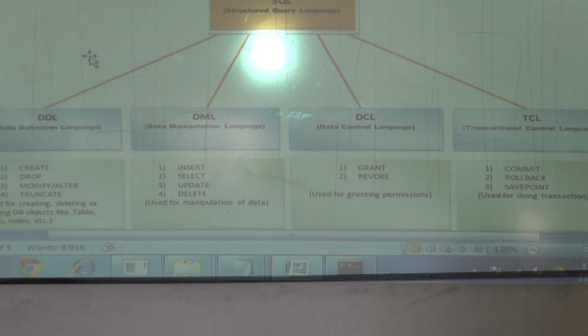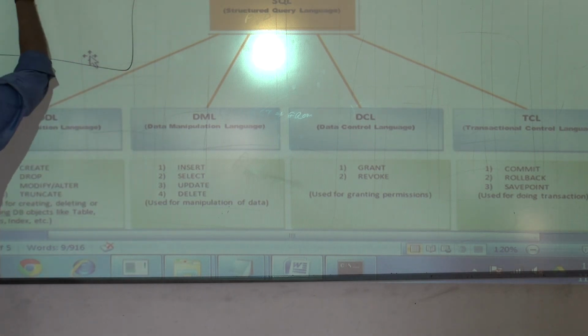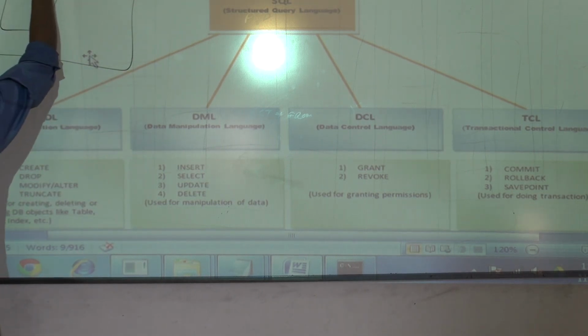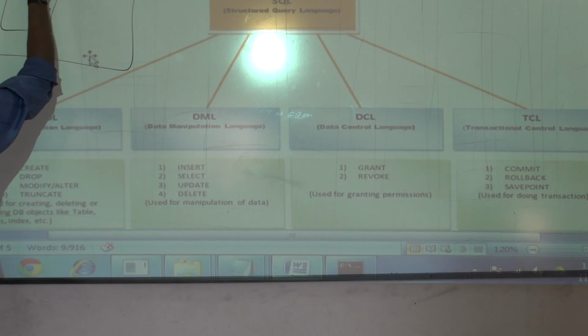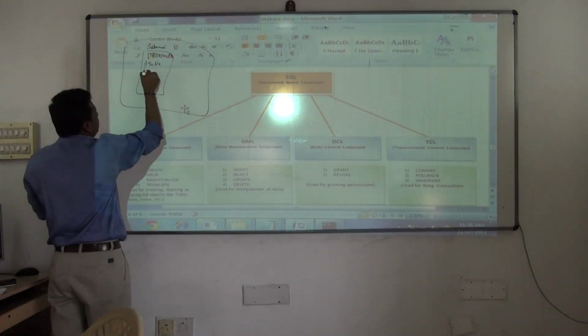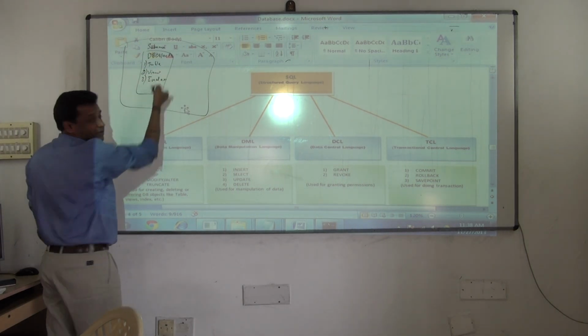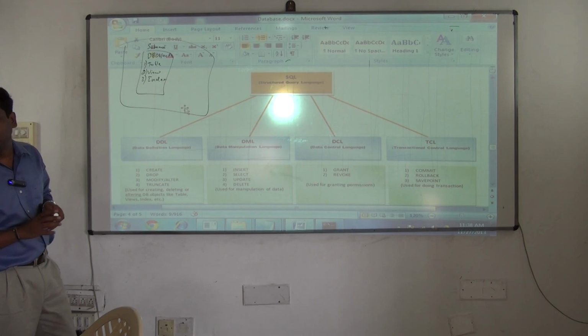Table, view, synonym, trigger, stored procedure, these are all called DB objects. Index, and many more I listed, these are all DB objects.